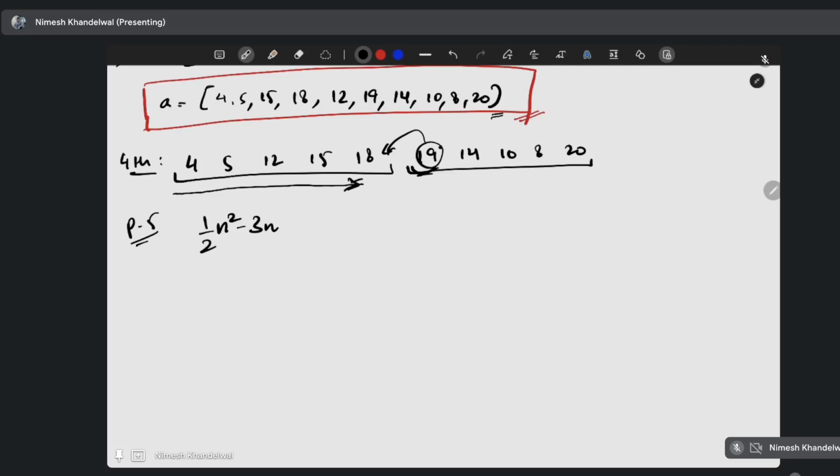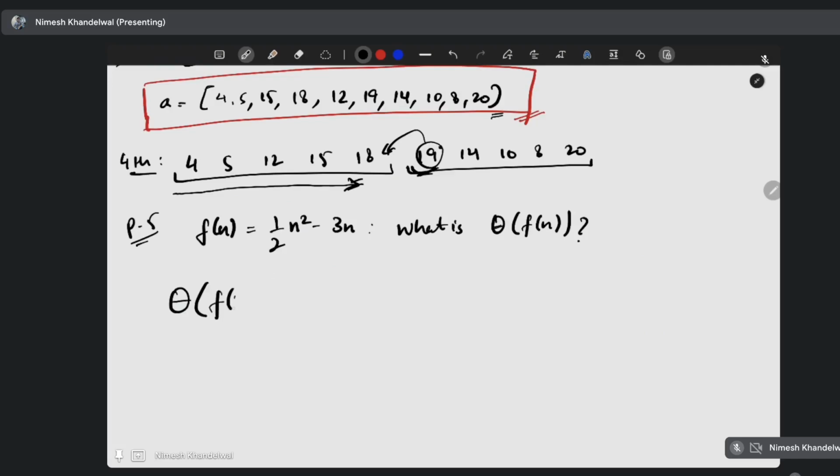If f of n is half n squared minus 3n, then what is theta of f of n? Whenever we want to talk about computational complexity,